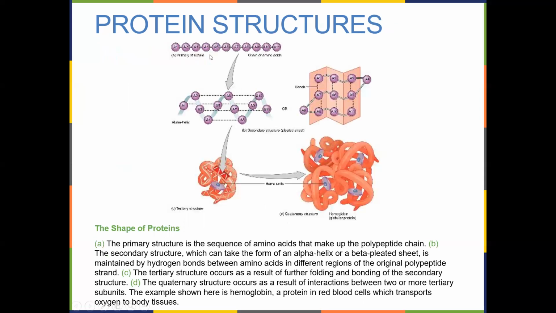So up here is the primary structure, the straight line structure, but that doesn't last long. Proteins will move very quickly into their secondary structure with their alpha helix or their pleated sheet type shape. The tertiary structure usually contains both. And then here we see a quaternary structure made up of multiple variations of the tertiary subunits.